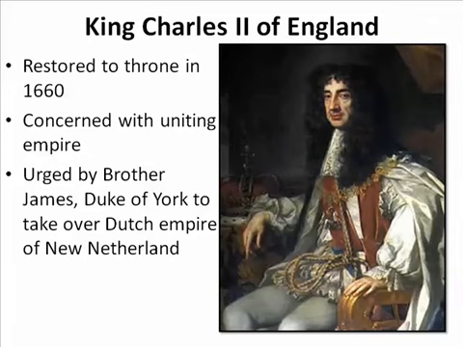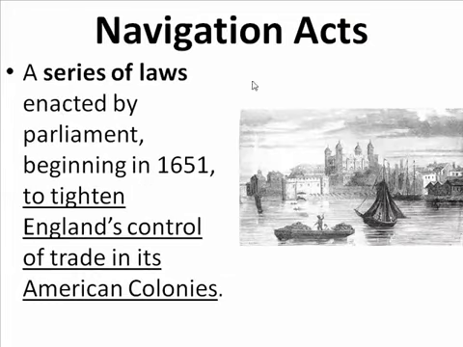He wants to unite those into this great empire so he can have all those commodities and all those natural resources and raw materials to himself. And so his brother James, Duke of York, urges him to take over this Dutch empire here in the North American continent. So Charles II gives in, but before we do,